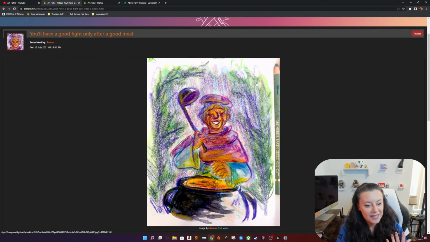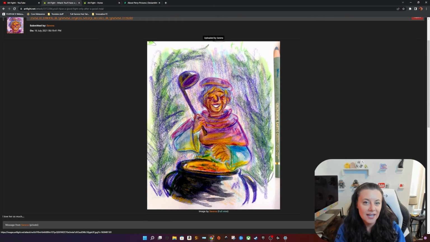And this one is of my D&D character. This was done traditionally, and you can tell that this was uploaded as a photograph that was taken of traditional art. She's even got the pencil right here in the corner. So this is just one way that you can submit your traditional art, and it is just as good as